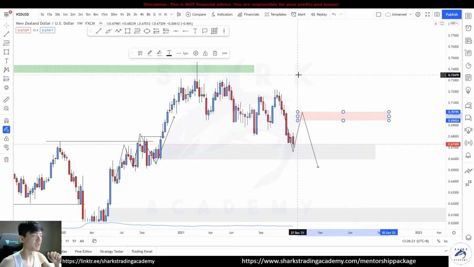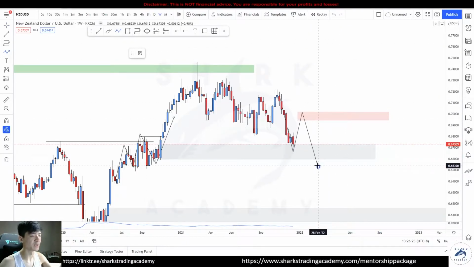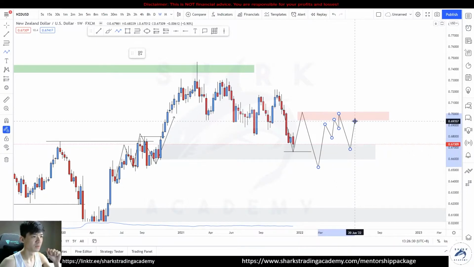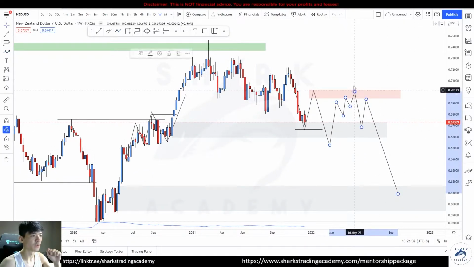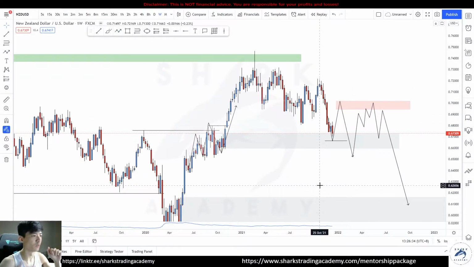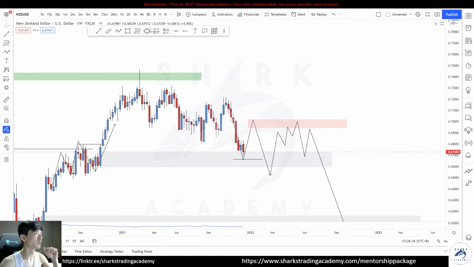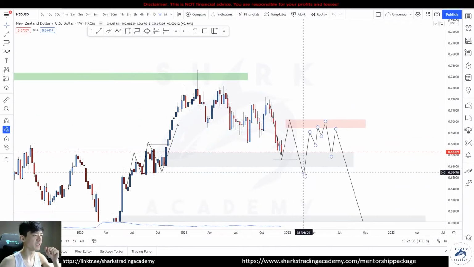So this is the supply and demand flip, right? And then with the same 3-step process, understanding now you have a weekly break of structure, you are looking for a pullback to go lower. Okay, so weekly time frame is one of the time frames you can use. Otherwise, you can go down to a lower time frame like the 4 hours or so, and this sets the immediate